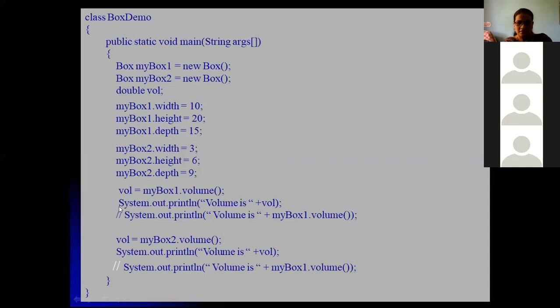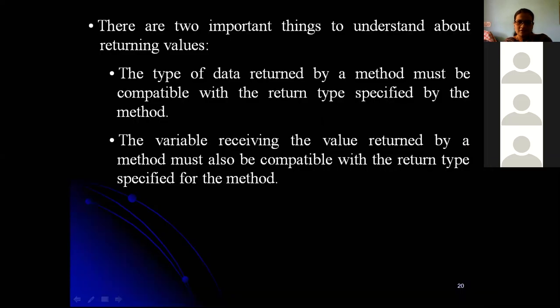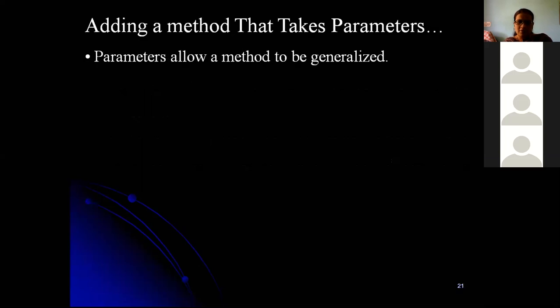Here you can observe that this single statement can also be written instead of writing these two statements. So System.out.println, we are just printing the volume or the function which is returning a value, so that we have stored here. This is also we have seen. I'm just recapping. Next, if we are returning something, what should be the compatible type, the variable and the return type. So that is they have written there.